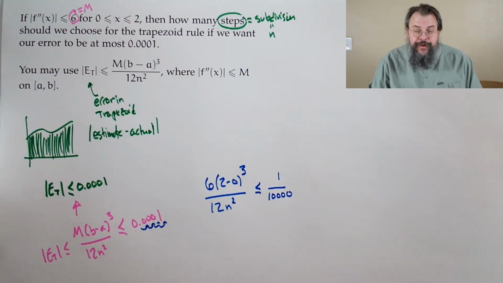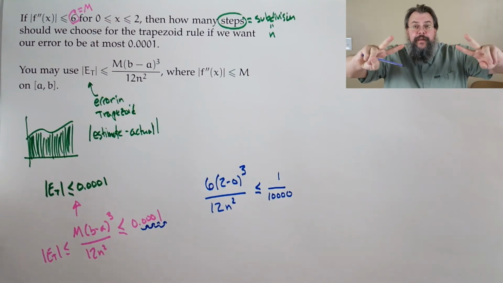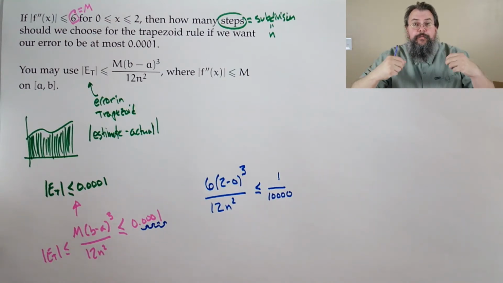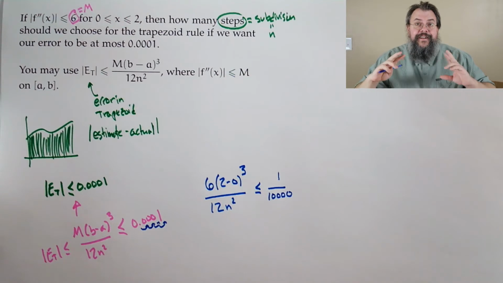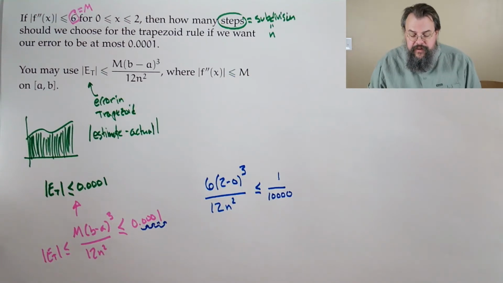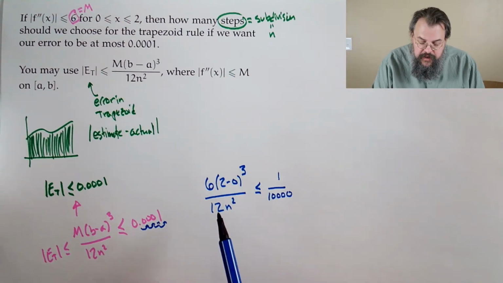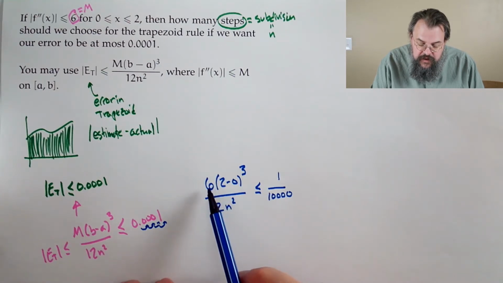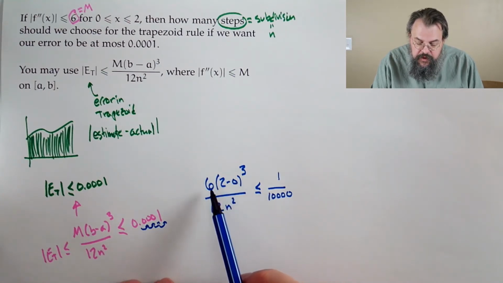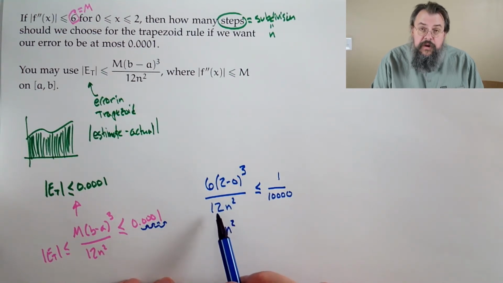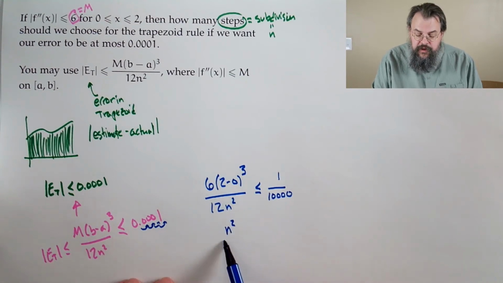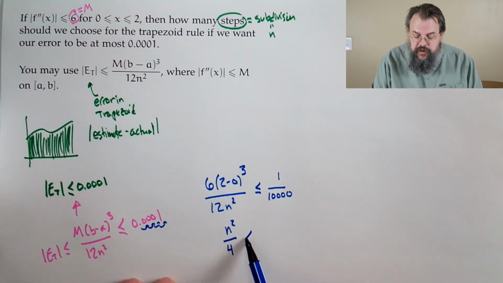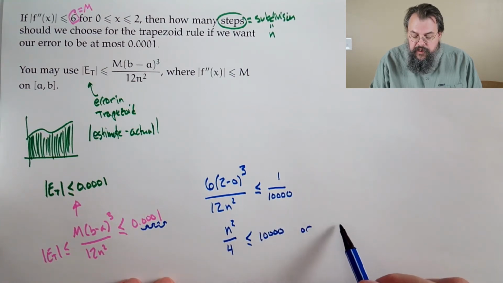Okay, well, great. Now, let's take both sides and turn it over, because our goal is to get a bound on n. So we're turning both sides over. And also, notice this is 6 times 8, which is 48. Here it's 12. So when we flip it over, and if we simplify, since 12 goes into 48 4 times, we'll have n squared over 4 is less than or equal to 10,000. Or,